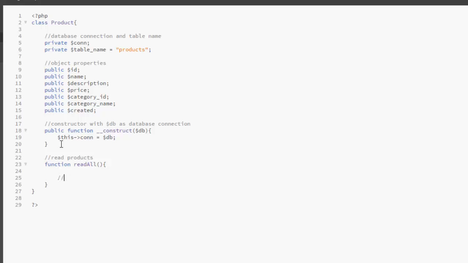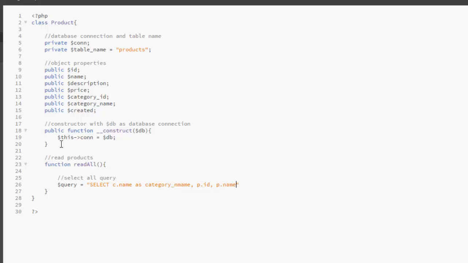So we're going to select all query, pass it into value query equals to, now let's run a select statement, c.name as category name. If you're familiar with SQL, by just giving the field another name, that will be shorter. p.id,